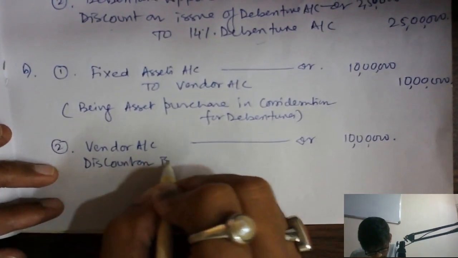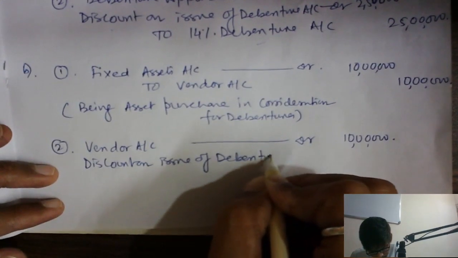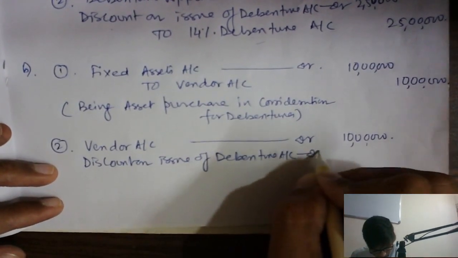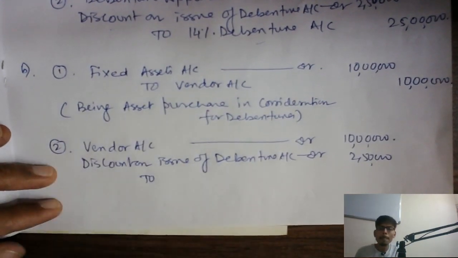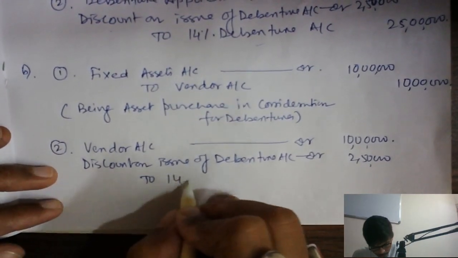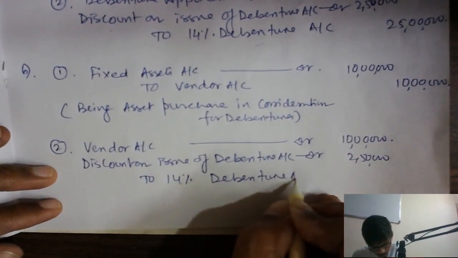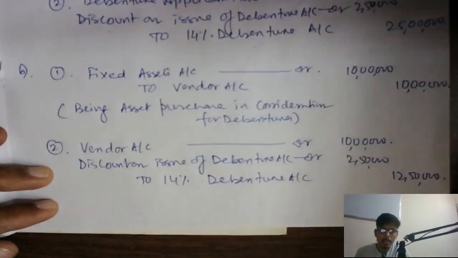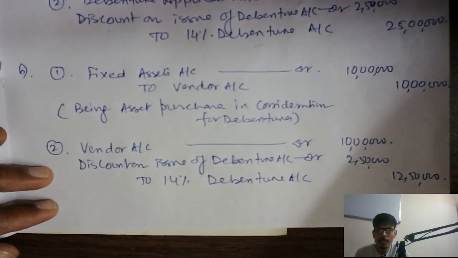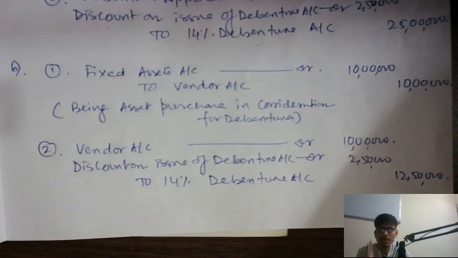डिस्काउंट ऑन इश्यू ऑफ डिवेंचर, because see the difference between them will be represented as a discount on issue of debenture 2,50,000. And see here debenture account should be credited, 14% debenture 12,50,000. सी आपको क्लियर है एकदम पूरा. दिख रही है? वेंडर डेबिट, डिस्काउंट ऑन इश्यू ऑफ डिवेंचर टू 14% डिवेंचर, दिख रहा है यहाँ पे साफ साफ